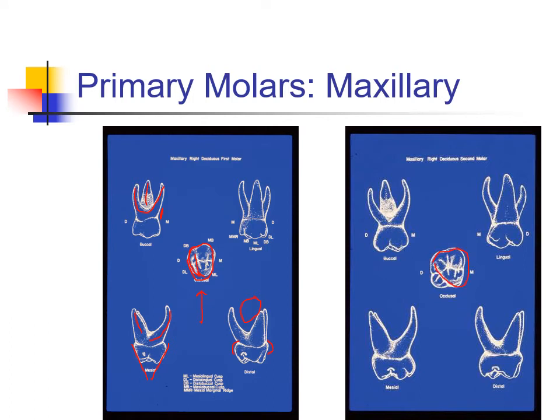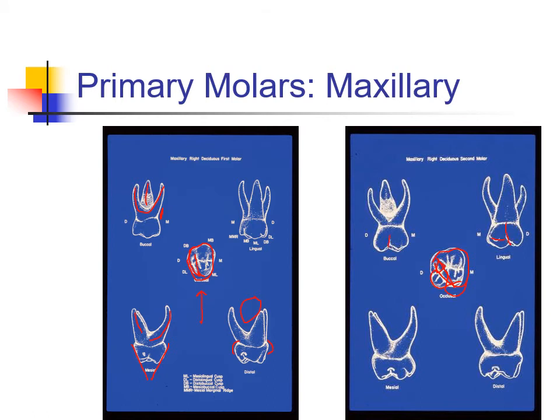Very strong trigon of cusps, fairly strong oblique ridge here again. The distal cusp arm of the mesiolingual cusp is fusing or blending with the triangular ridge of the distal buccal cusp. You may or may not have a fifth cusp of Carabelli and a fairly strong distal lingual cusp on this tooth. Again, in this instance, you can see the cusp of Carabelli here in this view, fairly strong lingual groove,